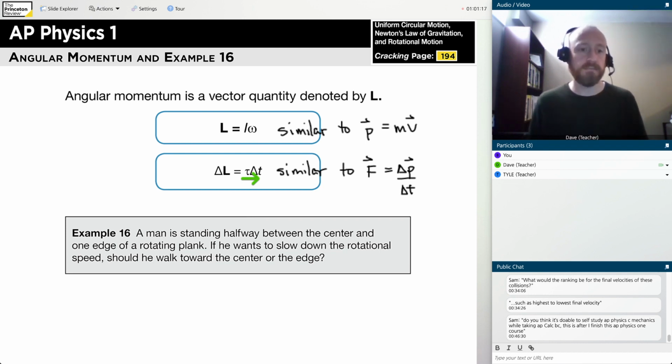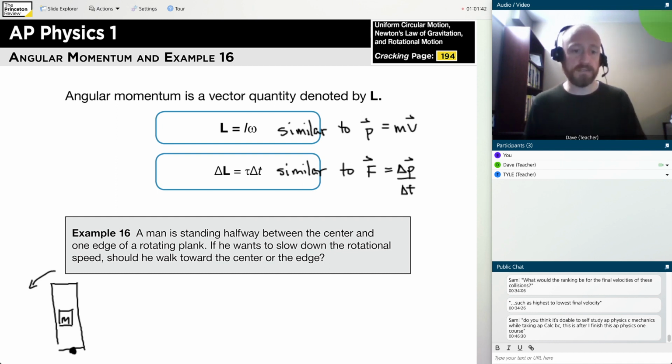And to that end, we'll finish with example 16 since it is here. So we have a man standing halfway between the center and one edge of a rotating plank. So some sort of a board like this. It's going to rotate about a certain point. And here's our person. Our question here is, if he wants to slow down the rotational speed, should he walk towards the center or the outer edge? Well, if we say momentum is conserved here,